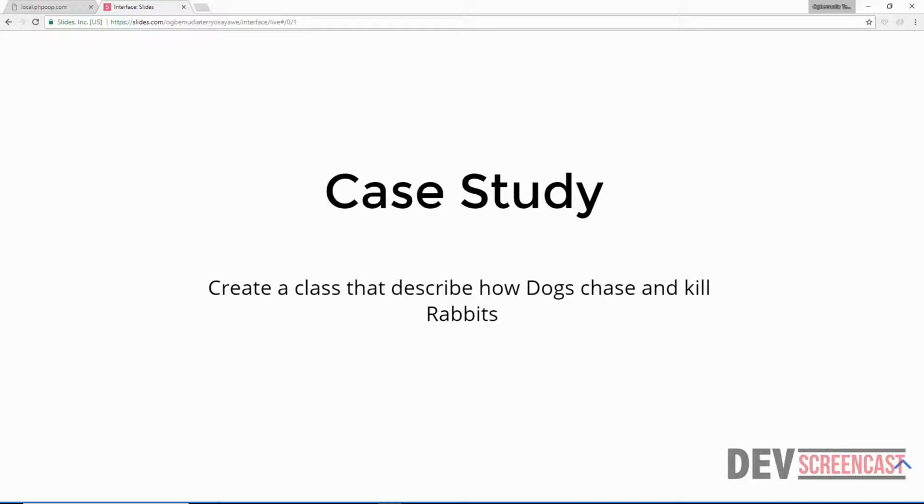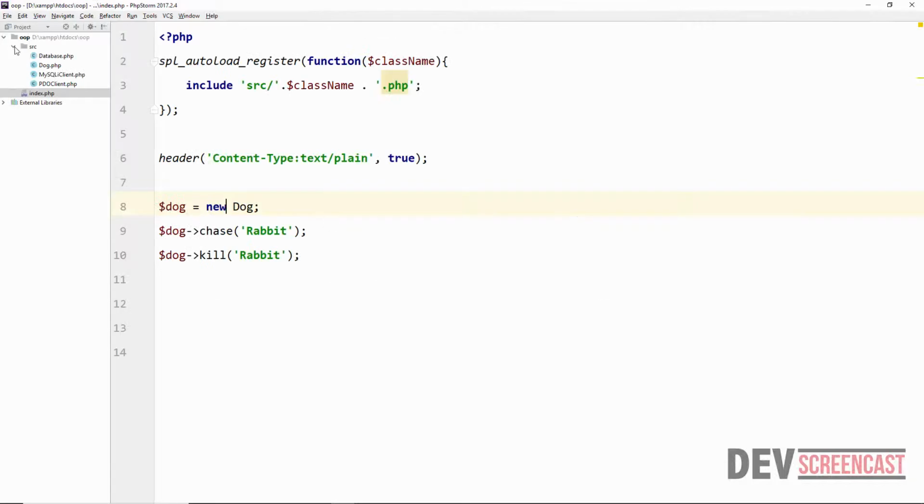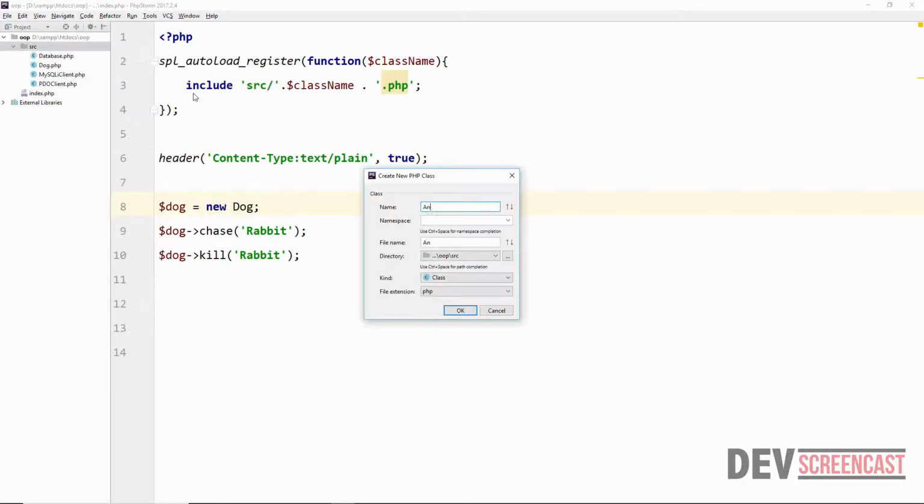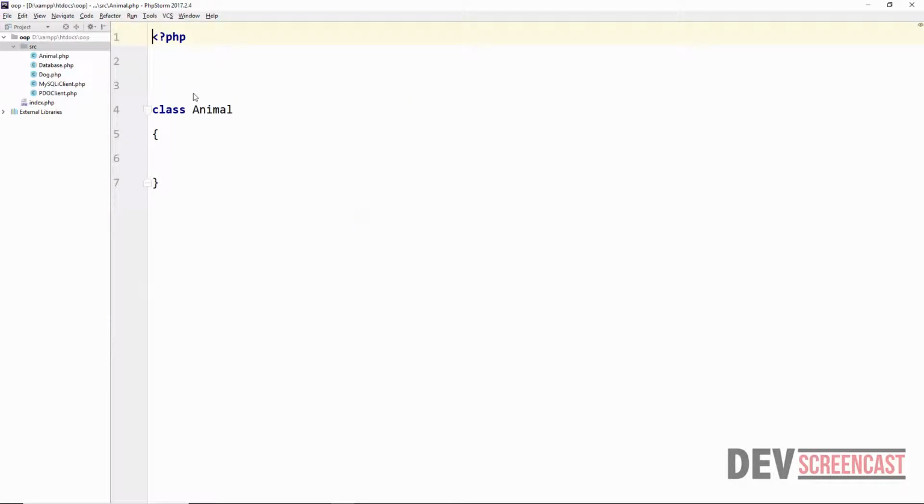So the first thing that would naturally come to our mind is, oh, we can actually use inheritance for this. So we can come into our text editor and let's say we want to create a new class, and then let's just call this Animal. And remember, the problem has not changed,